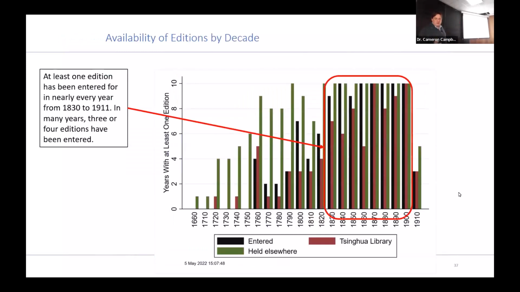So we have a very complete coverage from 1830 to 1912. There's a period from about 1830 to 1912 where we have an edition nearly every year. In many years, we have all of the editions, so we can really get at people's careers. Essentially, we can see them every 3 months and follow them for their careers.